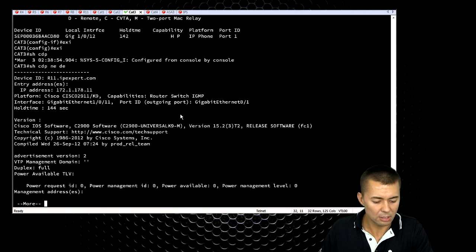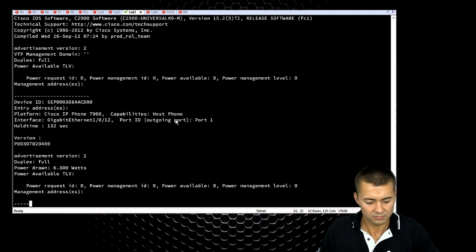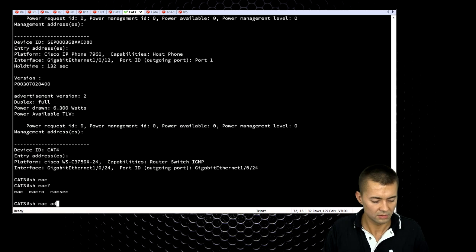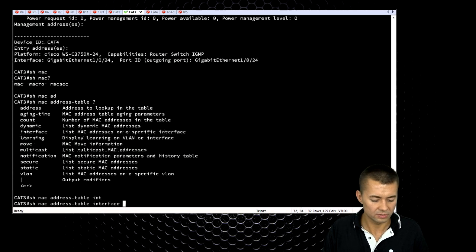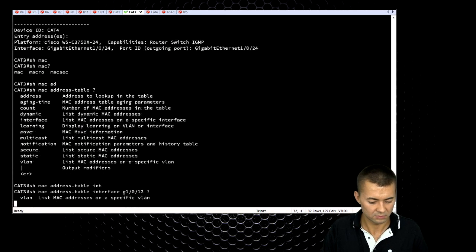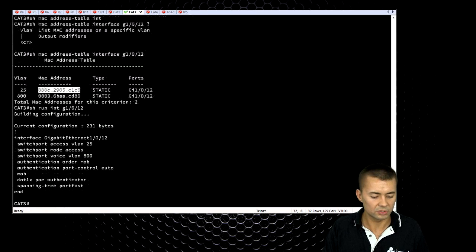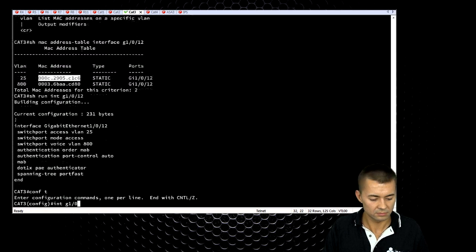Let's take a look at the detail output. And let's also take a look at the content of the count table for this interface. So I have two devices here. One it says is in the voice VLAN, and one is in the data VLAN. Well, actually, I think that one setting I didn't enable on this interface here,